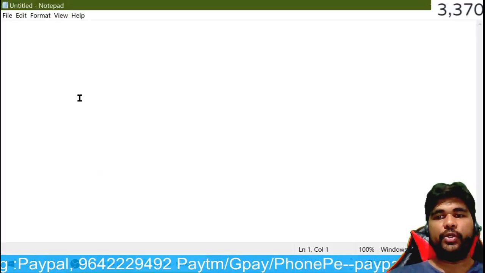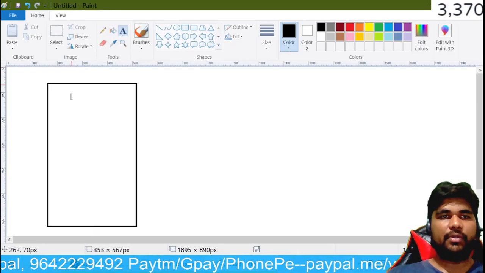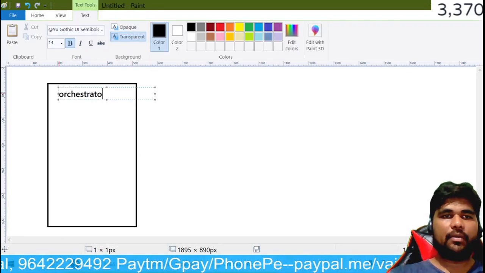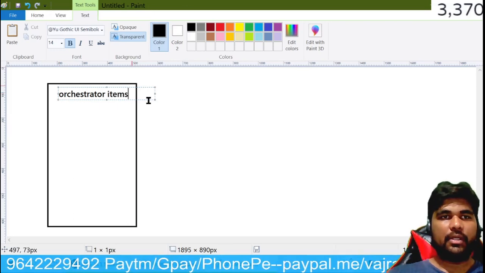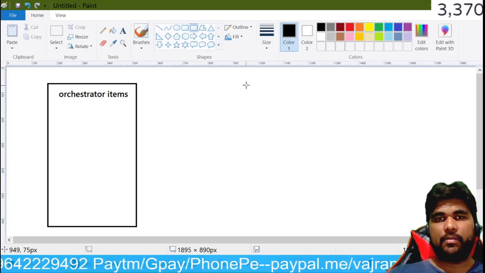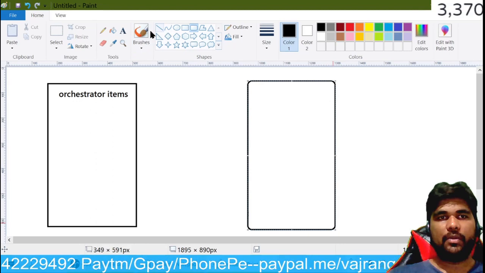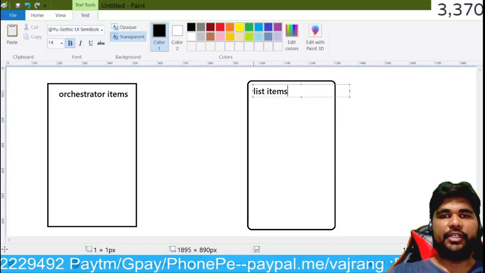Assume that there are two inputs here. Transaction items from the Orchestrator queue, so I'm taking this as Orchestrator items. The second one we are going to have as a list of items. Let's say this is list items.